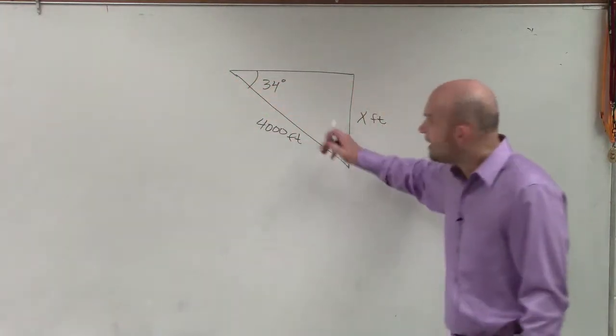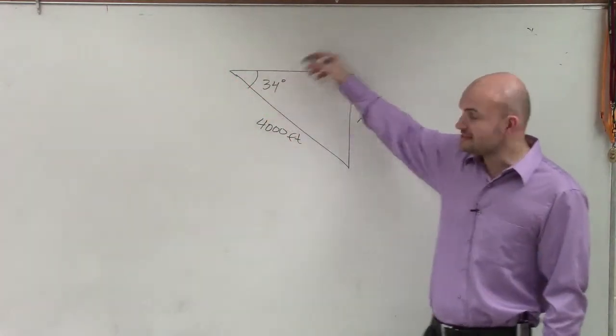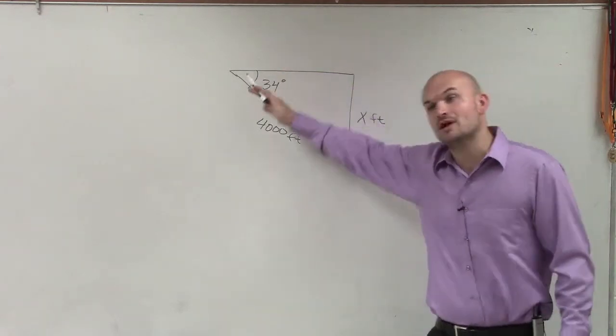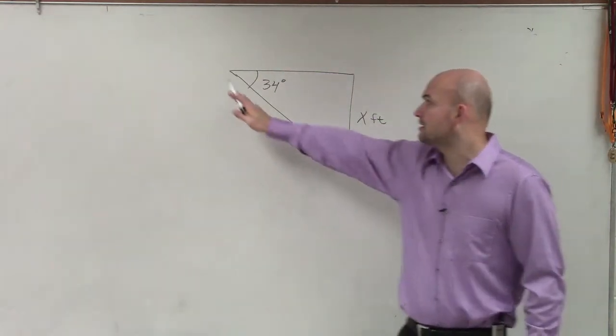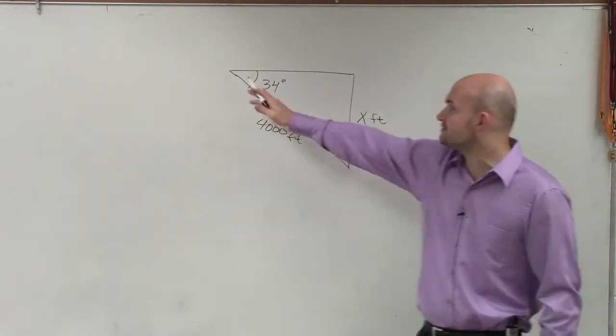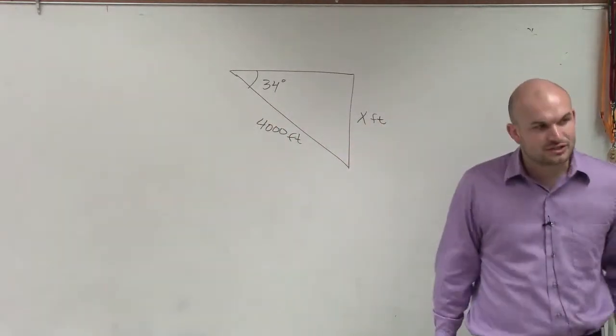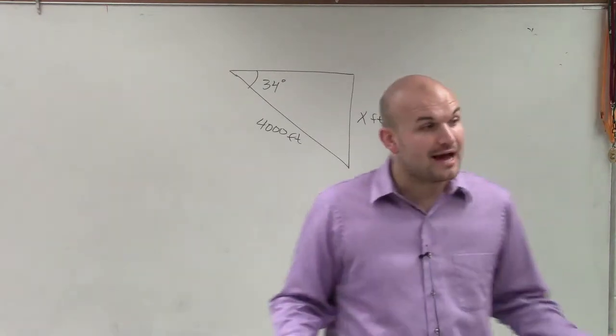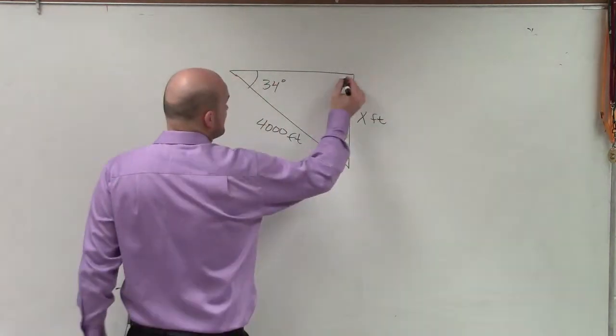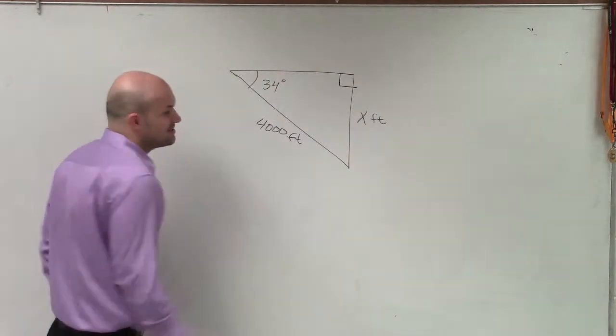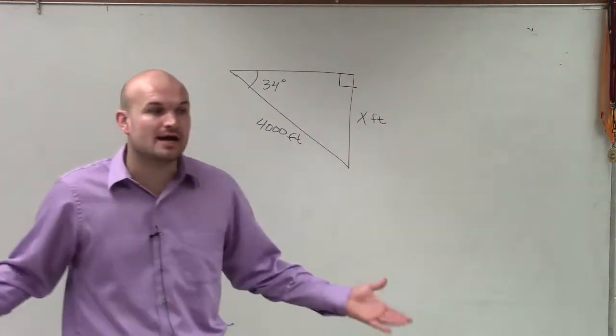So basically what we have is a ship on top of the water. They set an angle of depression going down 34 degrees. They say the distance from the ship to the wreckage or the floor is 4,000 feet. What is the depth? So we have a triangle, right? And we know that the straight depth is going to create a right triangle. So therefore, we can apply our trigonometric